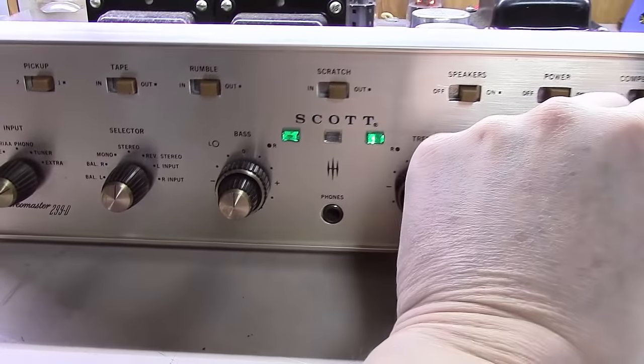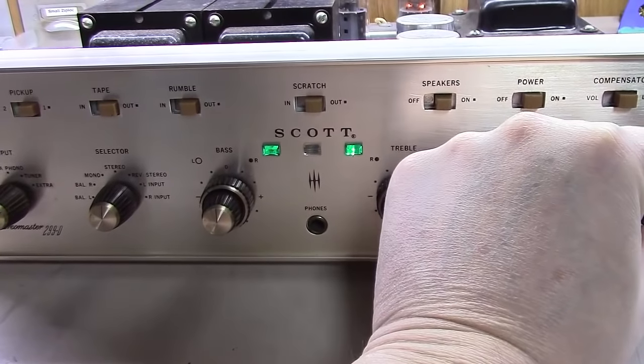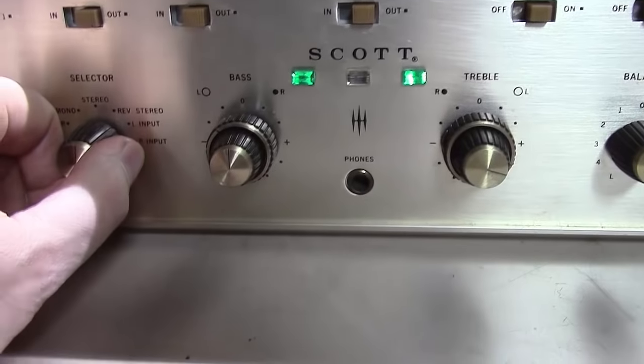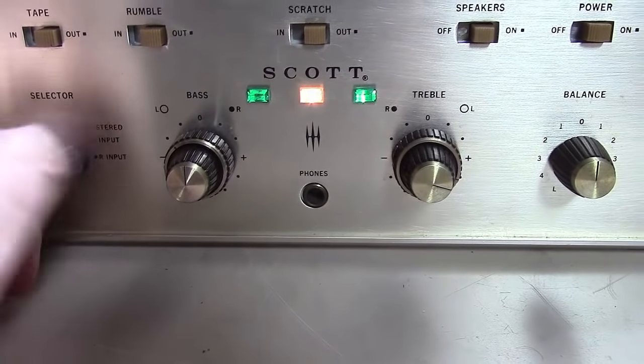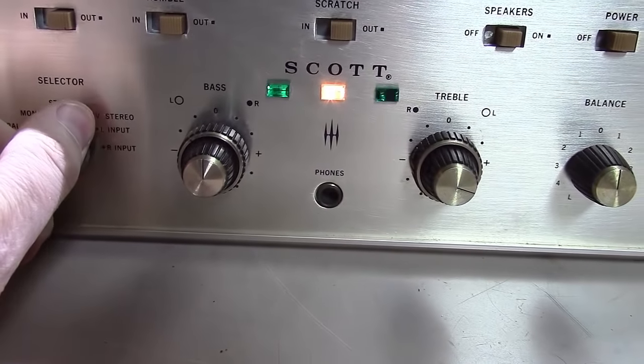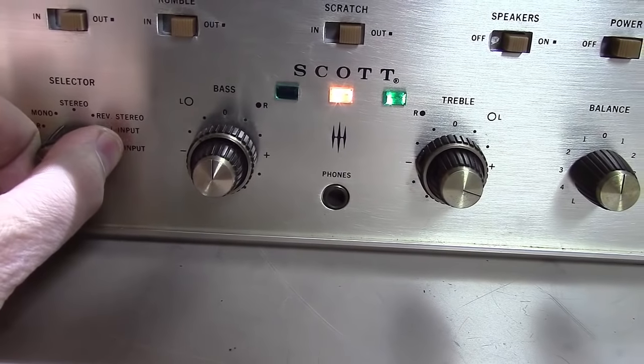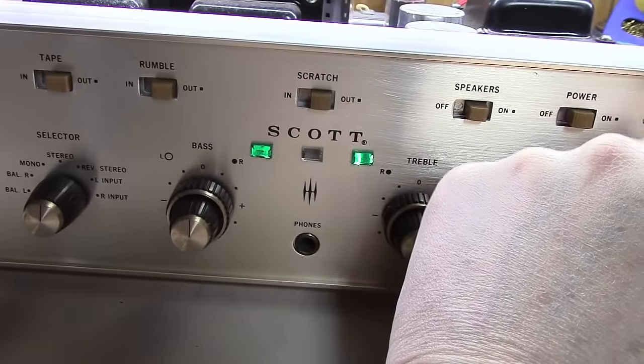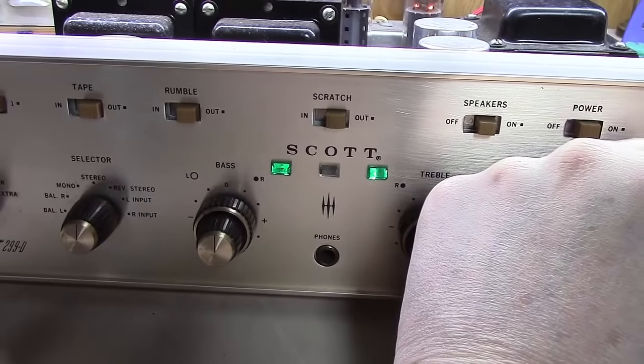Alright, check it out. Sounding amazing. Got the lights fixed now. That's all it took. You can see the left one and the right one, they're equal now. Stereo sounding great. Sometimes it's the little stuff like that that makes a big difference in a restoration. A lot of people may not have even paid attention to that,